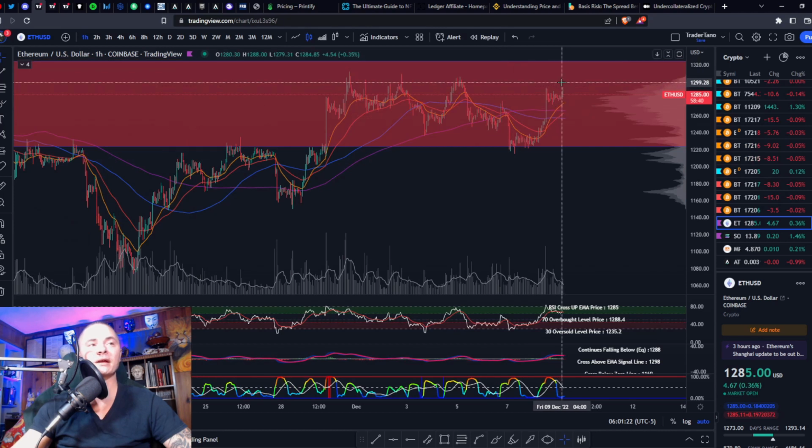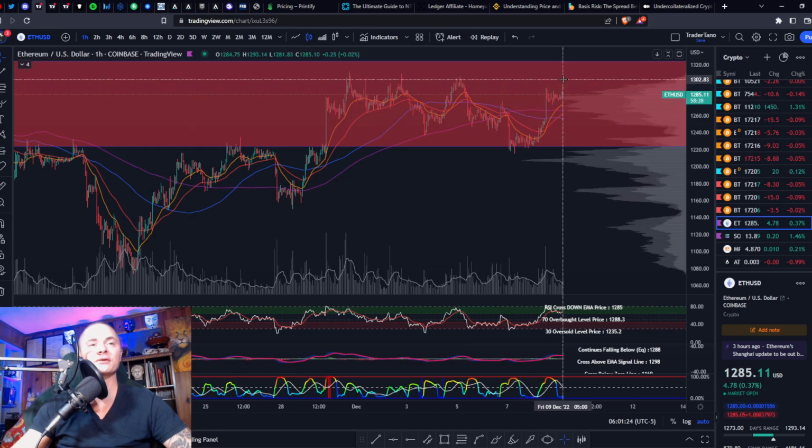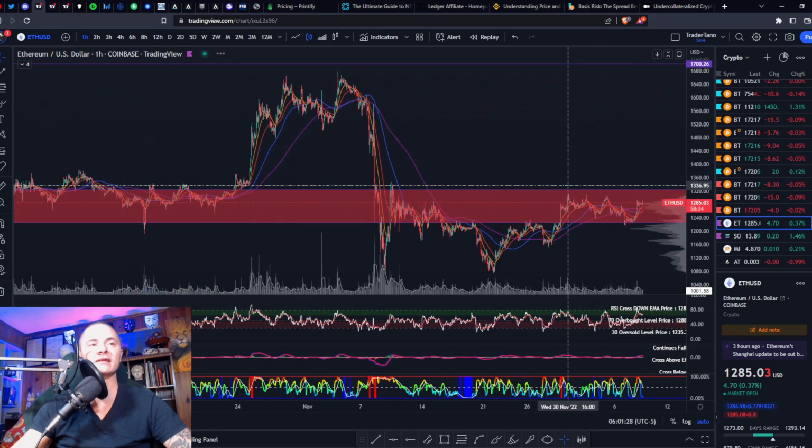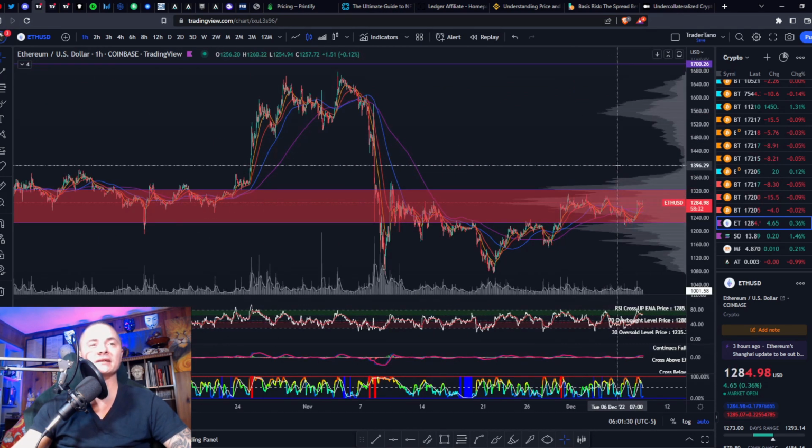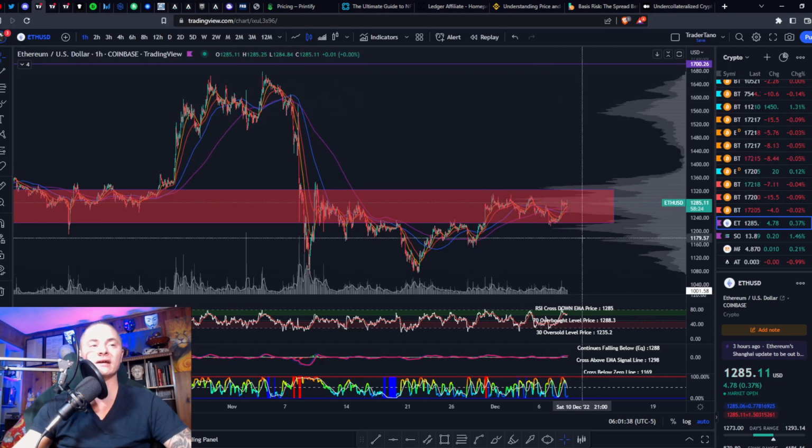Bullish case is that we break this last high, 1300. I would expect 1325 pretty quickly. Next stop is 1400 if we break out of this red box. Okay? If we break down,